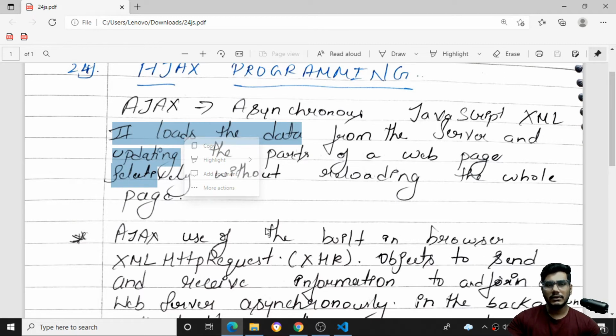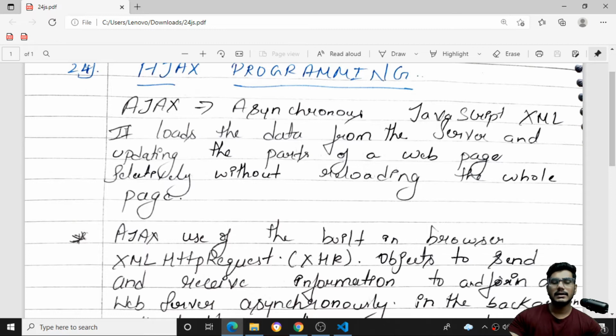You may have noticed this in some forms while typing, as in Instagram. When you want to select a username, Ajax has been applied there. When you type a username, if it is already taken, you get a notification right there saying the username is taken or available. All of this happens asynchronously using Ajax, which loads data from the server and checks it against the input you give.